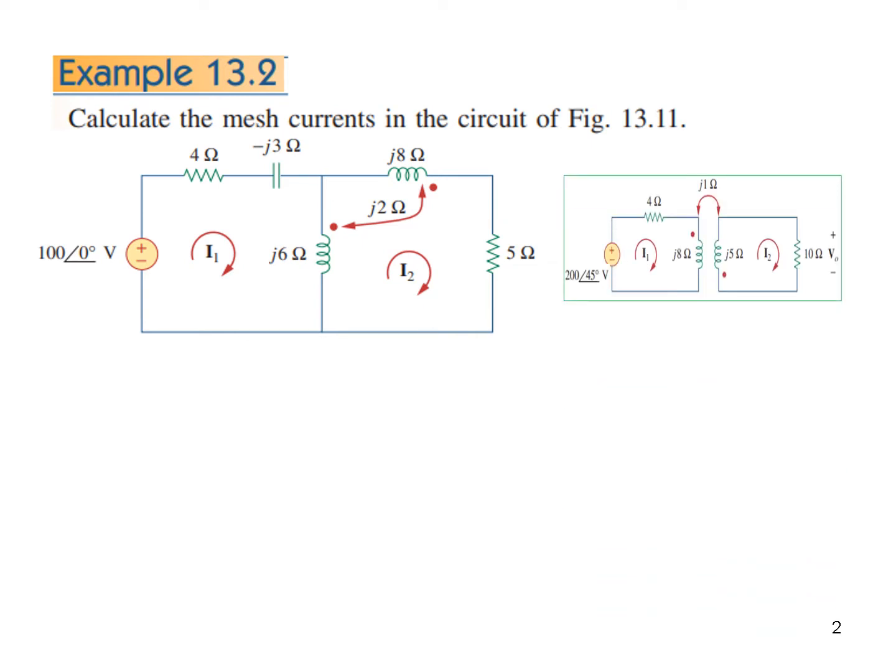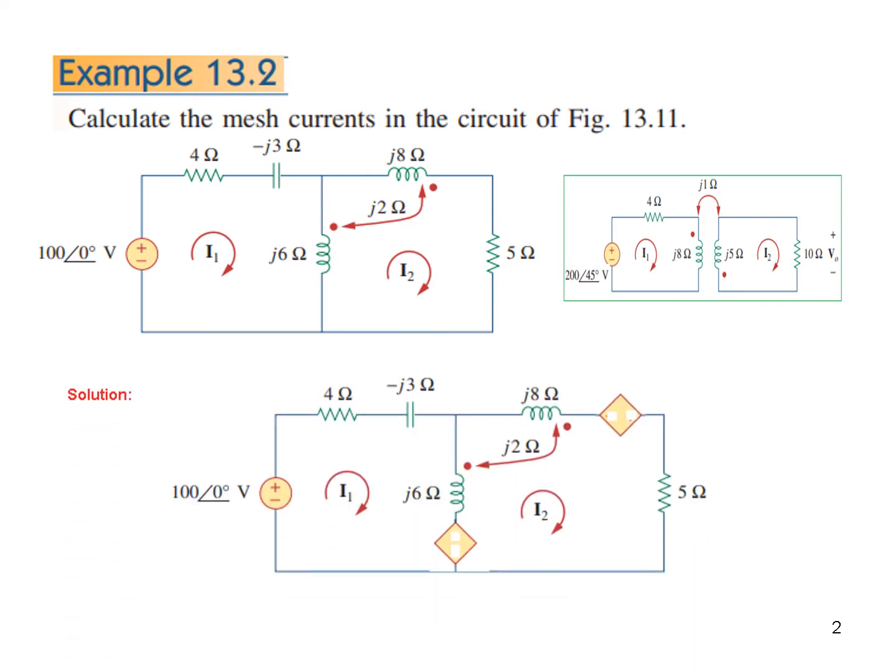So let's proceed. Let's compare this with the circuit that we have solved so we know the difference between the two. In that circuit, the current I1 is flowing through one coil and current I2 is flowing through the second coil. But in this case, it is different. I1 is flowing through this one, and I2 is also flowing through this one. But I2 is also flowing through this and this. So these are said to be in series. So that is the difference, and the equation writing will be slightly different. So let's proceed.